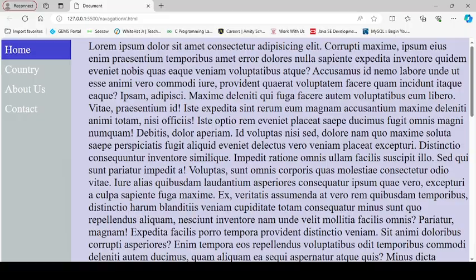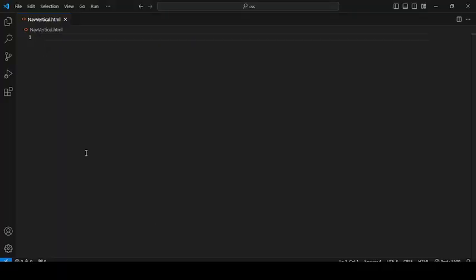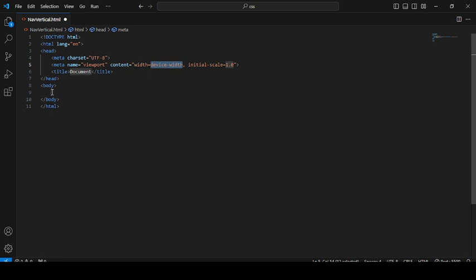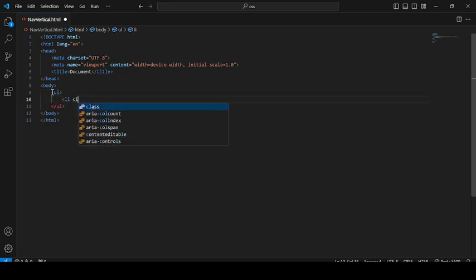So to design this page, this is our basic HTML code, and in the body section we are going to give a list of links. So UL for unordered list. In this UL, this is our li, and later on we'll be creating a class. So that class is active, and here